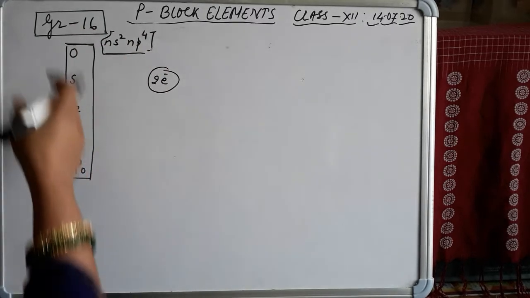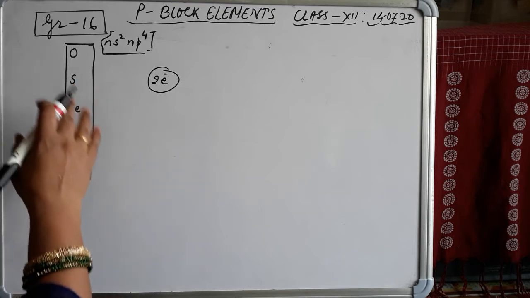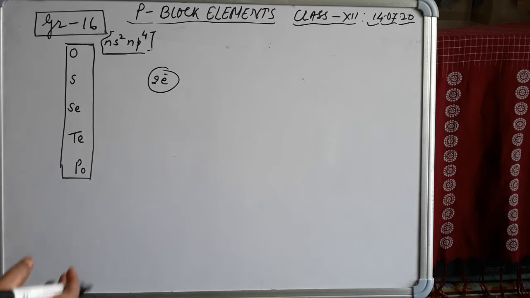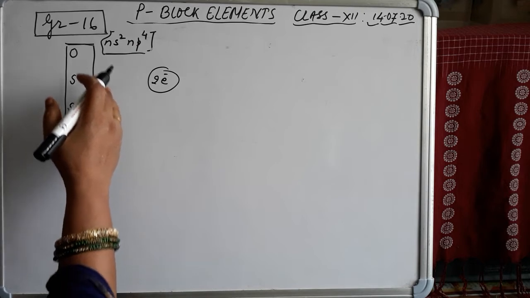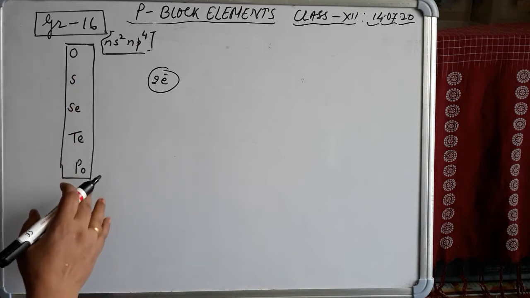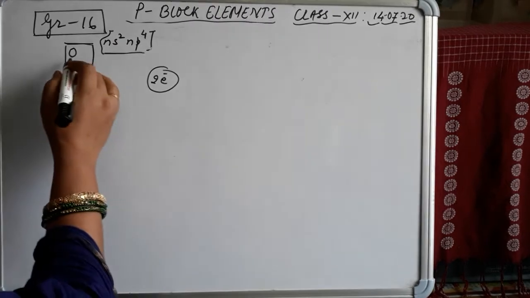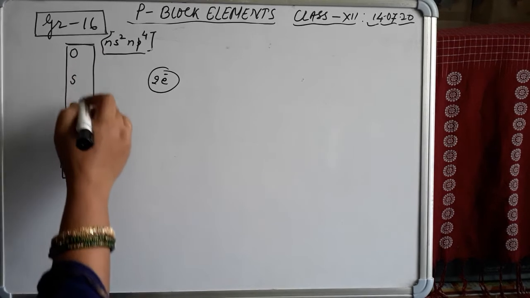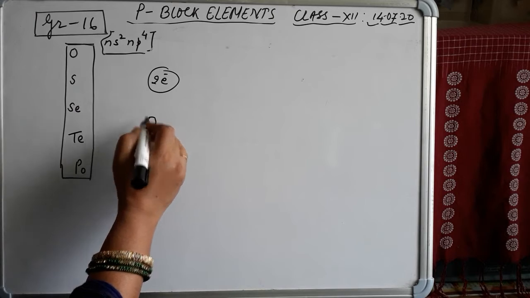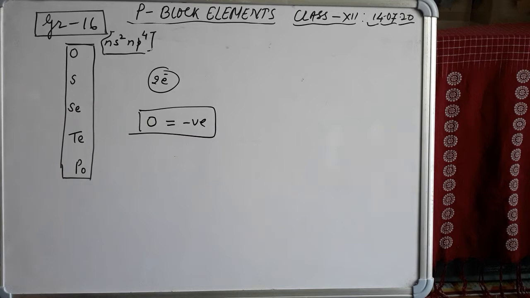So the family members of group 16 have very high negative electron gain enthalpy. Students, oxygen has the least negative value here, next to the halogen family. This group has a less negative value due to small size and large electronic repulsion. Oxygen is the second most electronegative element after fluorine, so in that case oxygen must have a strongly negative electron gain enthalpy.